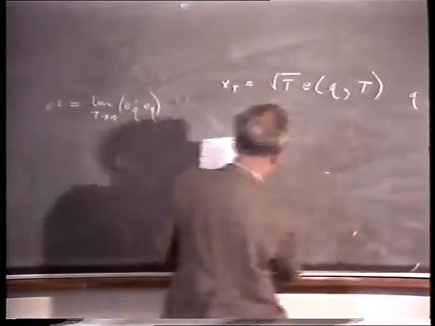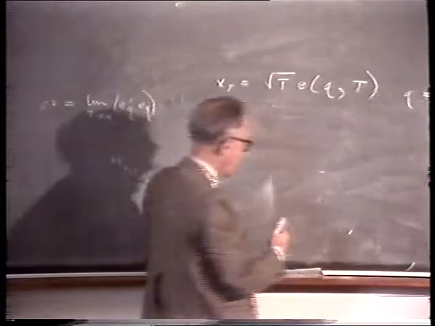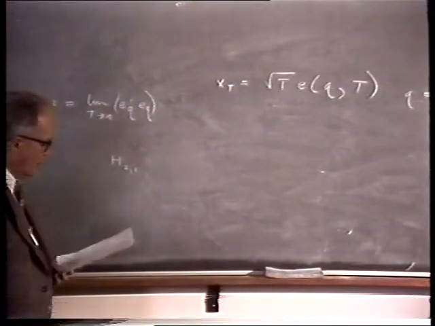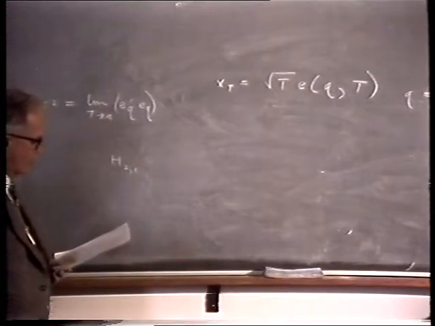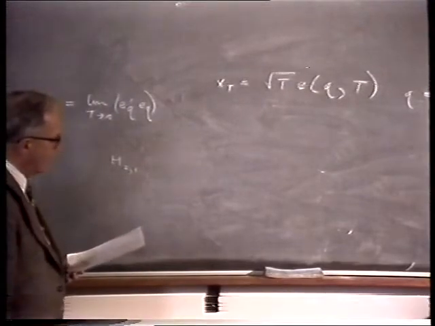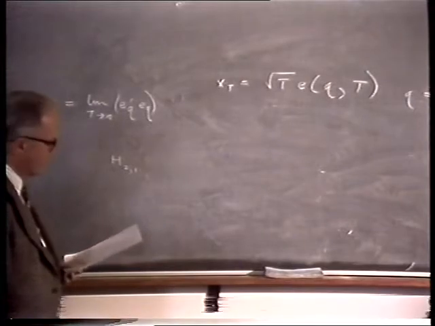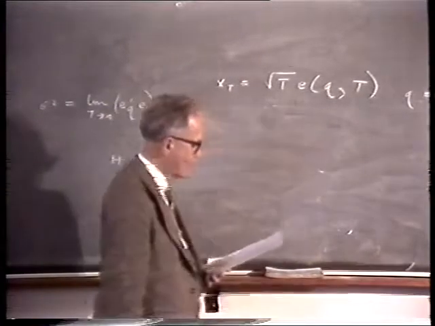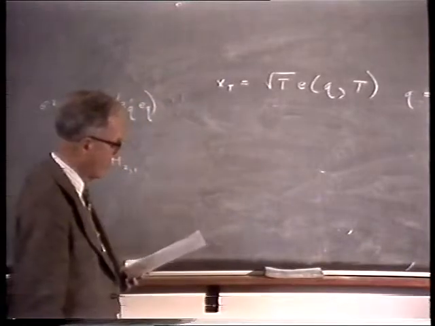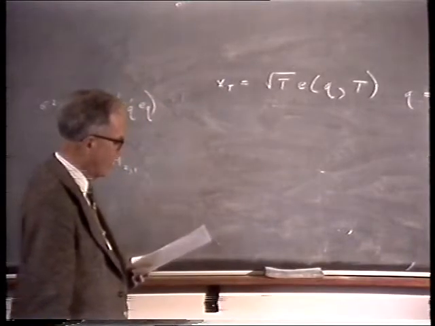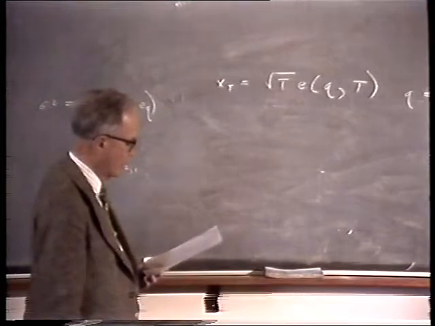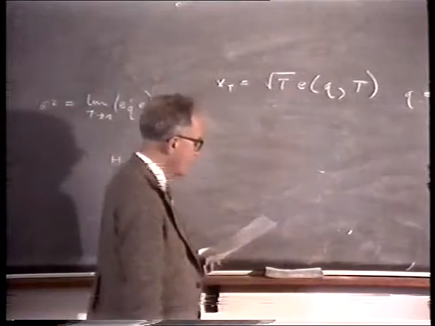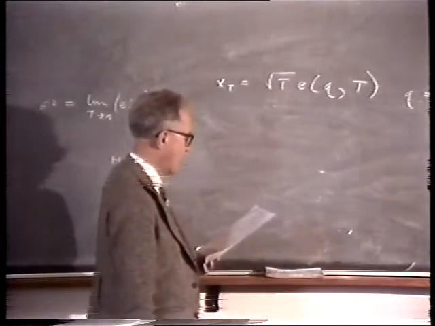I said that q was required to have a joint Edgeworth distribution, or that the Edgeworth approximation should be valid. In fact, the requirement for that, which is at first sight a little strong, is that if you look at the